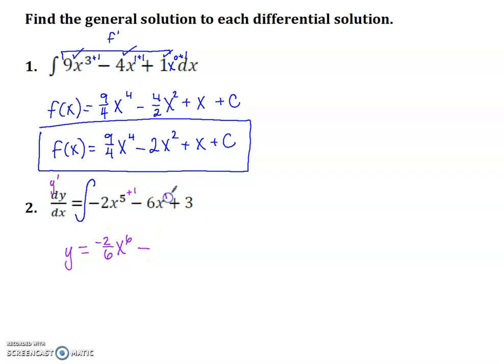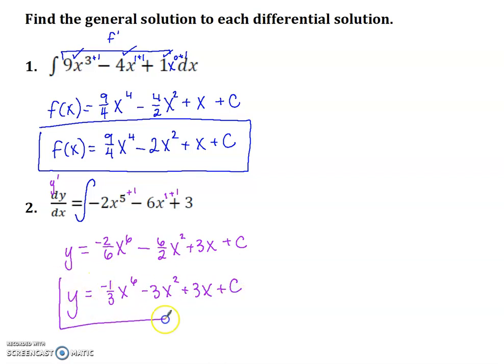Then here the exponent's 1, so I'm going to add 1. That'll make it x squared. So I'm going to do 6 divided by 2, x squared. And then anytime it's just a number, you tack an x on with it when you're doing the antiderivative. And then put a plus c because there could be any constant here at the end. And then go ahead and reduce the coefficients you can. So that'll be negative 1/3 x to the 6th minus 3x squared plus 3x plus whatever constant we have at